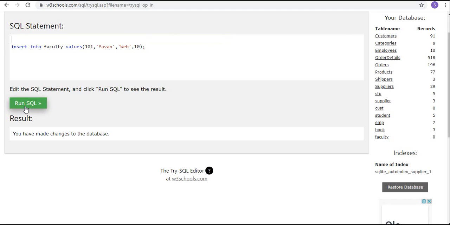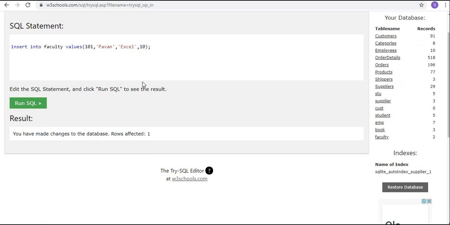Now run SQL. Okay, 1. Second record, same F101 Pawan. We'll go with one more subject, that is Excel, same 10. Run SQL, 2 records inserted.